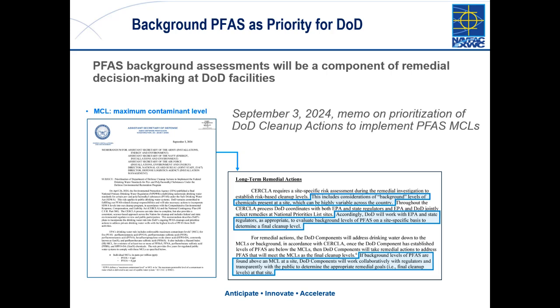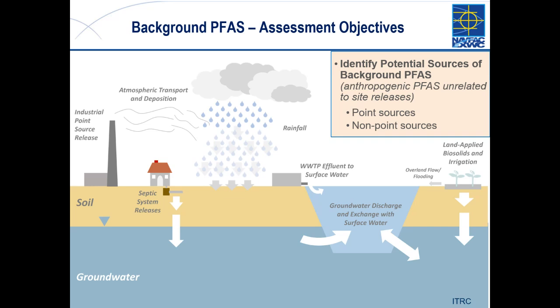Let's just do two quick slides. Here's a profile on slide 46, just talking about all these potential different sources you have to look at. Many of us have heard that it can be in the rain in some places. So taking a precipitation sample may be important, but in terms of leaching, you're also looking at any sort of point sources of PFAS, atmospheric industrial releases that went up into the air. So for background, you've got to think about whether there are point sources contributing to the sites we're looking at, and what the non-point sources are.